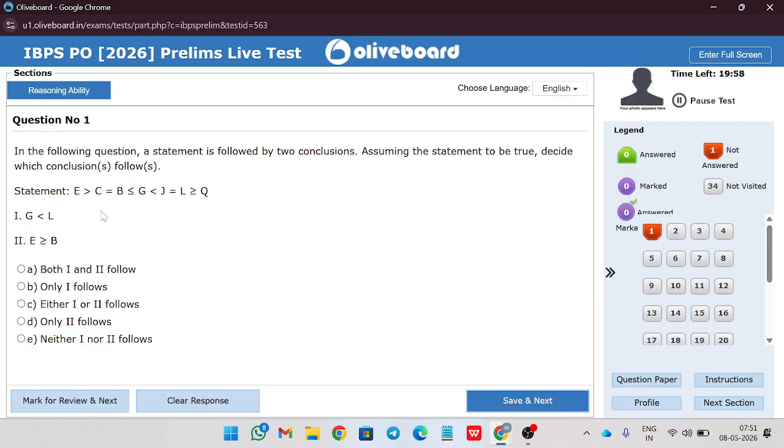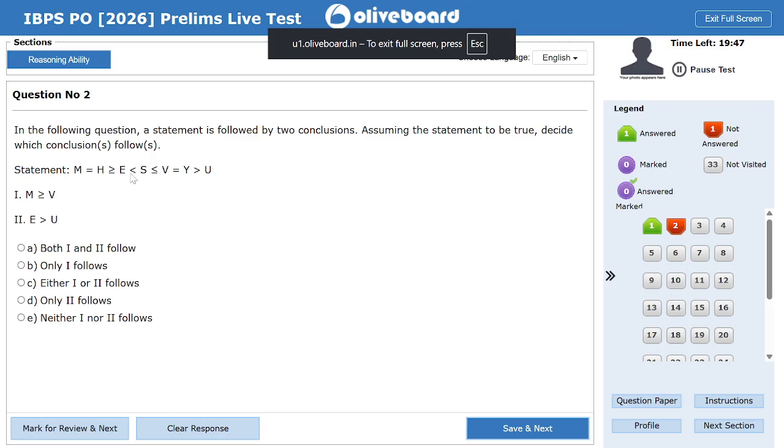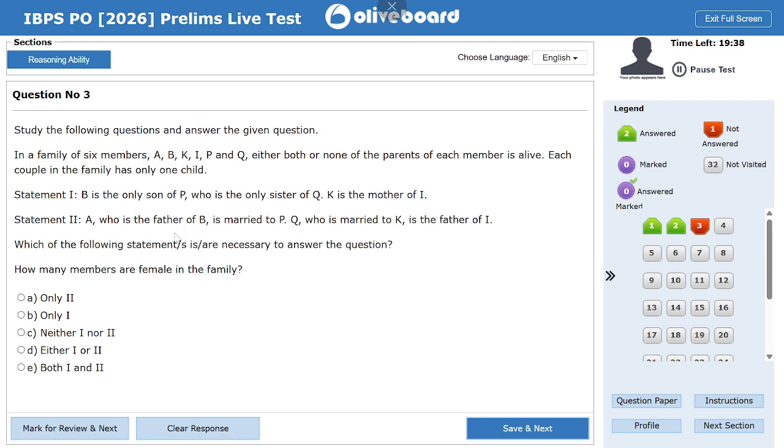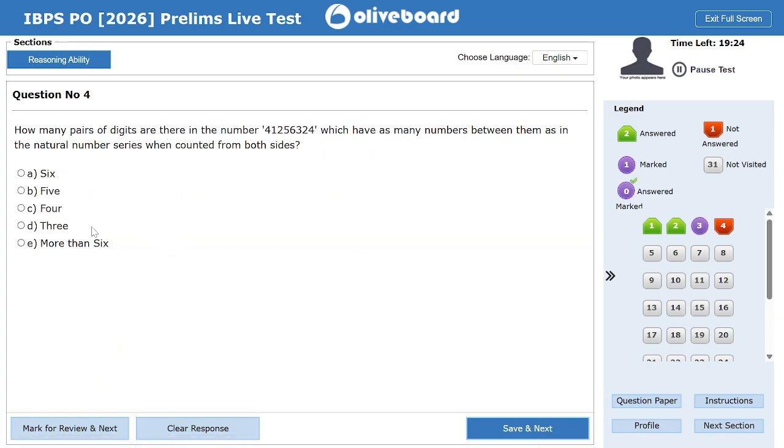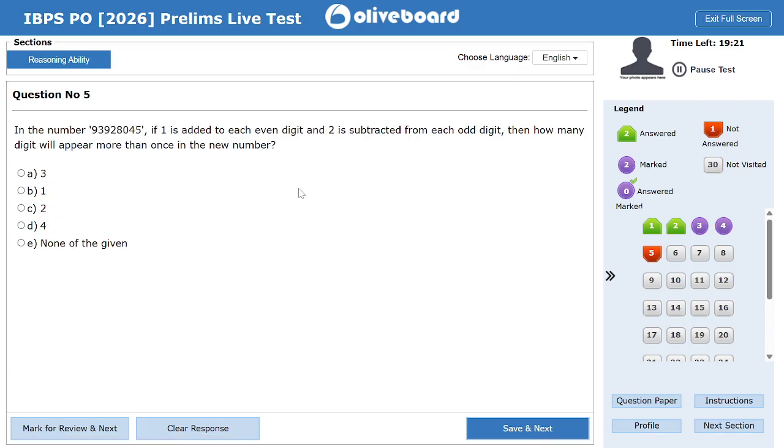So first, inequality. L2 V yes, E2 B no, M2 V no, E2 U no. Okay. In a 6-member live, बाद में देखेंगे how many pairs, उसके बाद में देखेंगे. ओके, ये पहला तो